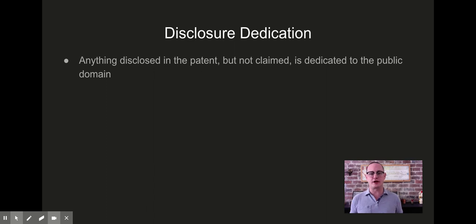Well, the disclosure dedication rule prevents that kind of gaming of the patent system by saying, if you disclose it in the patent, but you don't claim it, everything disclosed but not claimed is dedicated to the public. It's in the public domain. By doing that, by disclosing without claiming, you've disclaimed, as it were, any ability to assert ownership under the doctrine of equivalence of that disclosed invention or discovery. So